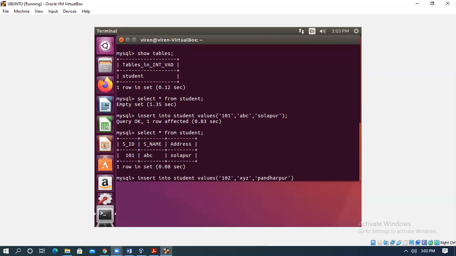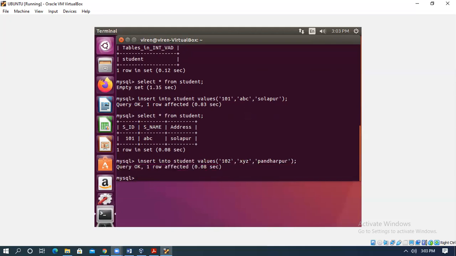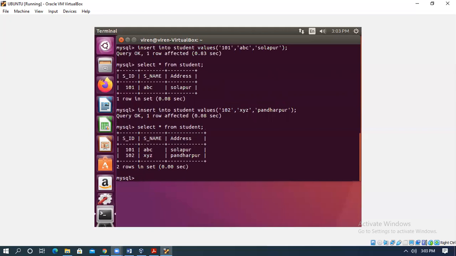Bracket complete, semicolon. This indicates you have successfully inserted another record. One more time, we'll see select star from student. See, now it shows you 2 records in the relation.